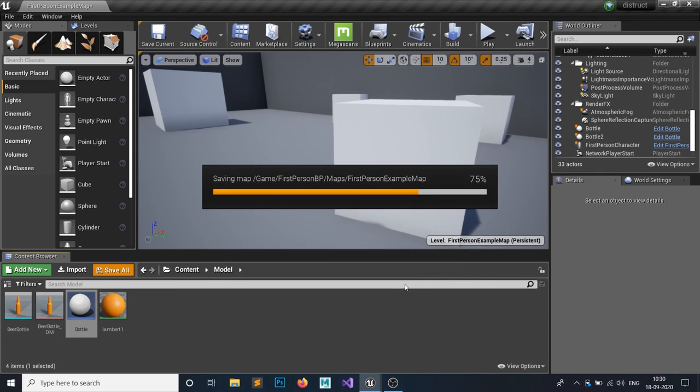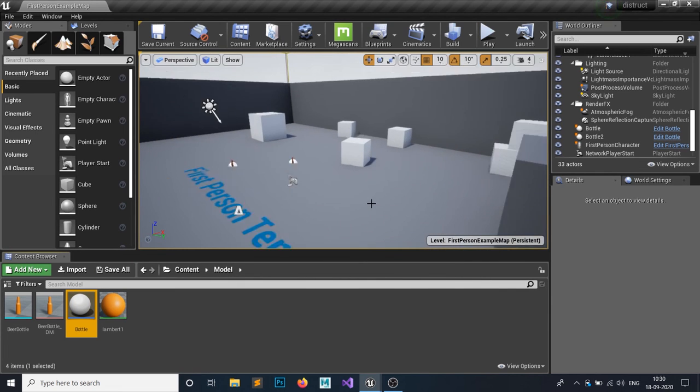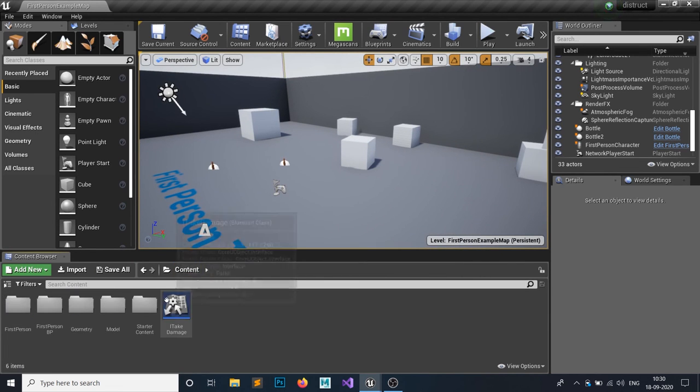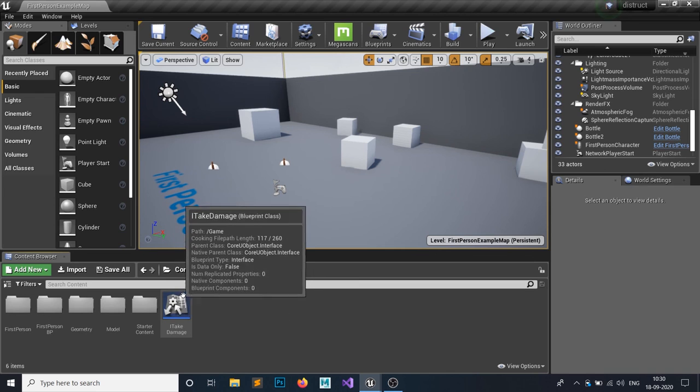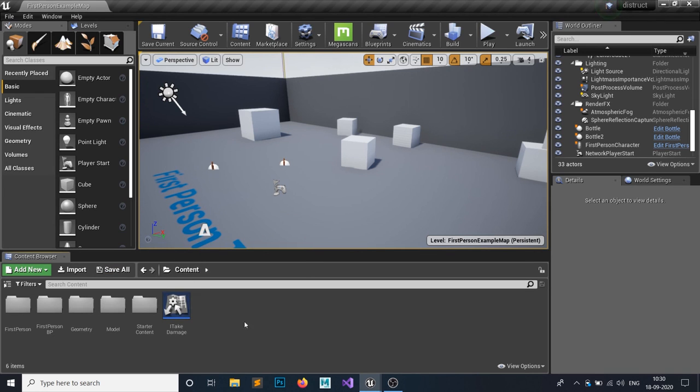So this is how you make a destructible object. You can make it fit anyone, and we have also seen how you can make an interface. So you can set your interface on whatever object you want, which can be destroyed or killed. Let's say you want to kill an enemy, you just call the function with this input, and the object would work fine for it.